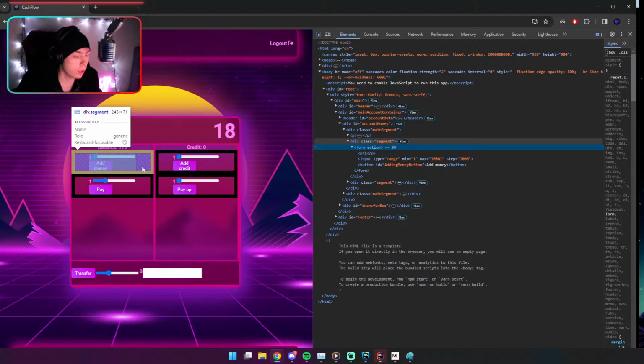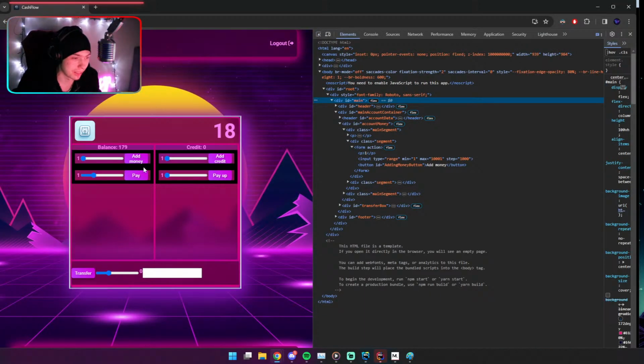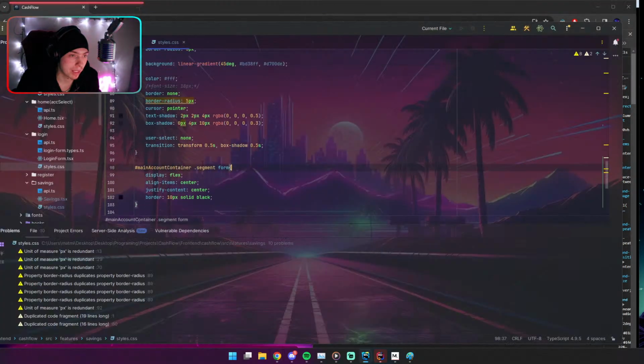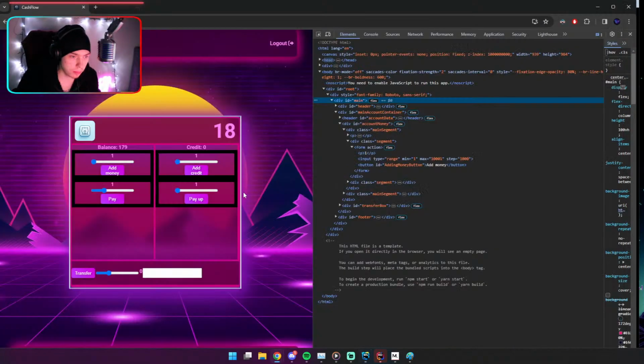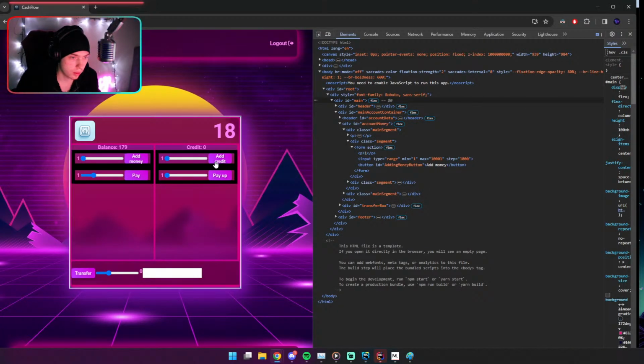Okay, so, oh wow. Actually, this segment idea and creating a class for it is pretty stupid because it doesn't work for us. What we need to do is actually add form after it, and now it will work. Oh wow, that's a little bit stupid. Okay, and also flex direction column. No, obviously it's going to stay like this, but